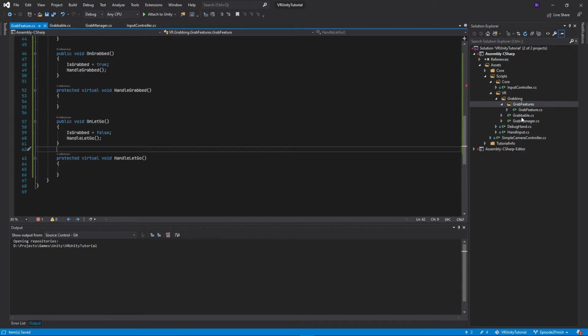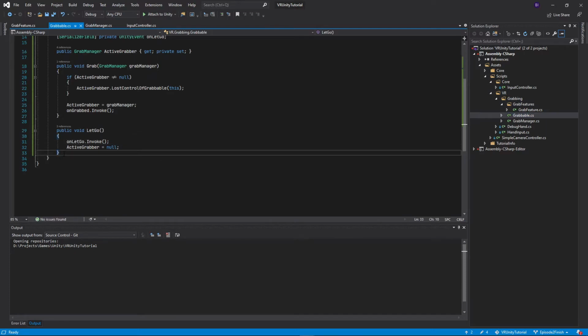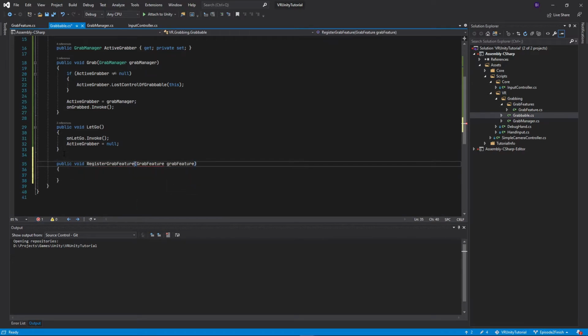Now we can go back to Grabbable, and down towards the bottom below letGo, we can add our register grab feature method and hook those up to the events. This is another handy time-saving feature. It allows us to automatically bind any grab features that are associated with the grabbable without having to link them up manually, but still provide the designer the ability to hook things up through the Unity events